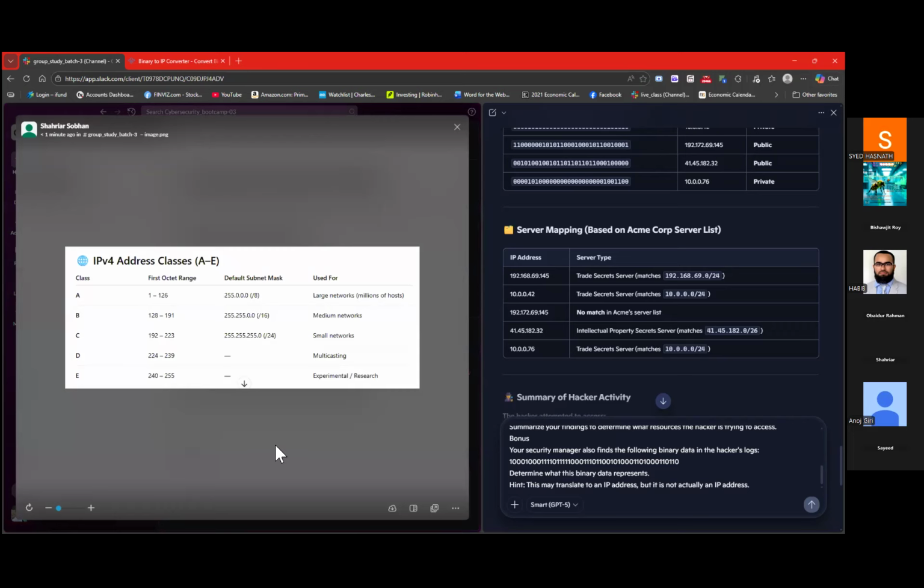ও, ক্লাস। ক্লাস রেঞ্জটা বোঝার জন্য যে কোনগুলো লার্জ নেটওয়ার্ক, কোনগুলো মিডিয়াম নেটওয়ার্ক, কোনগুলো স্মল নেটওয়ার্ক। মনে করেন আইপি রেঞ্জে ফার্স্ট অক্টেট যেটা 1 থেকে 126, এটা লার্জ থাকবে, মানে অনেক আইপি ইউজ করবে।